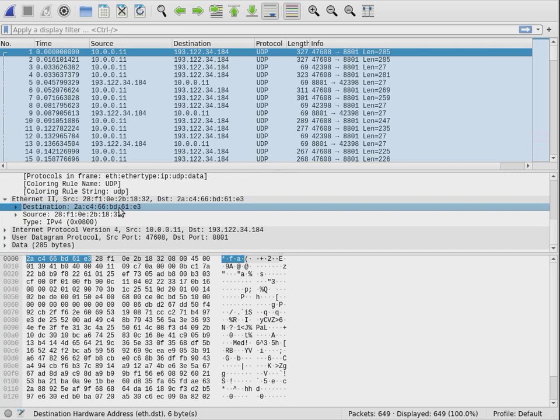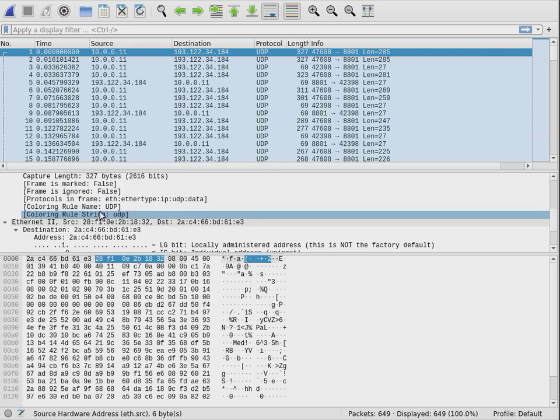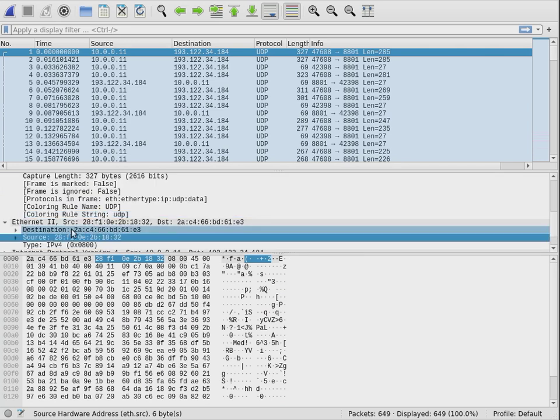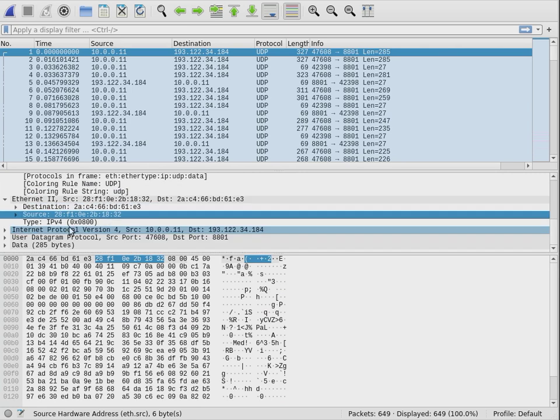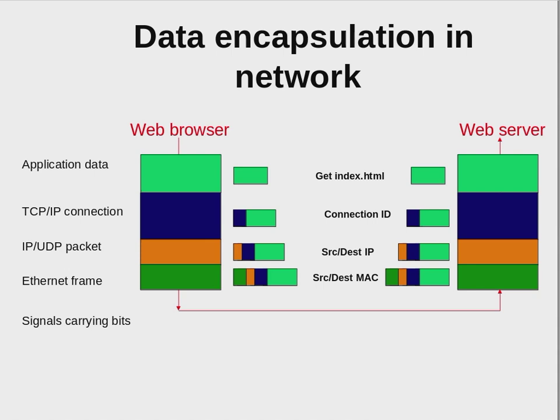For newer devices it may be 64 bits or 8 bytes. And then it may do broadcasting, so broadcasting would be FFFF to everything.